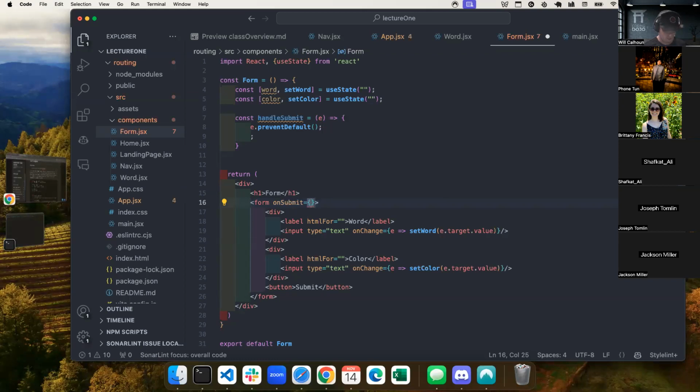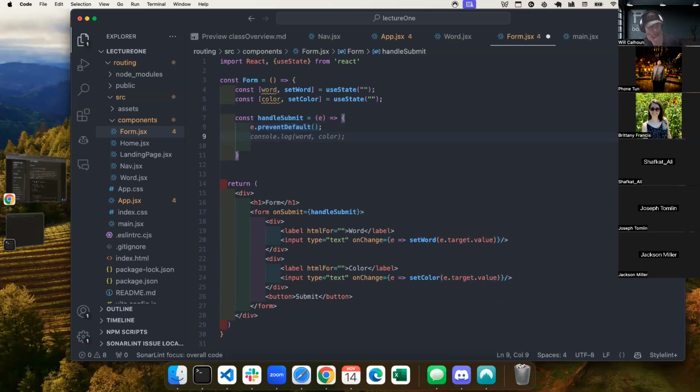It's going to be handleSubmit. Perfect. So just recapping, I've got a form, two inputs, tracking the information, and I'm handling my submit. I get my event. I prevent default, meaning I don't want it to refresh. I want it to keep my information.